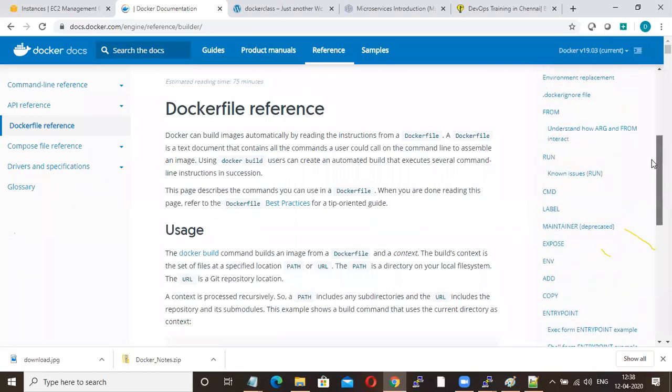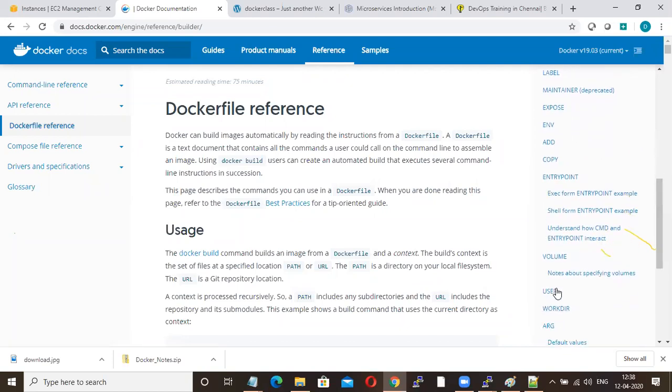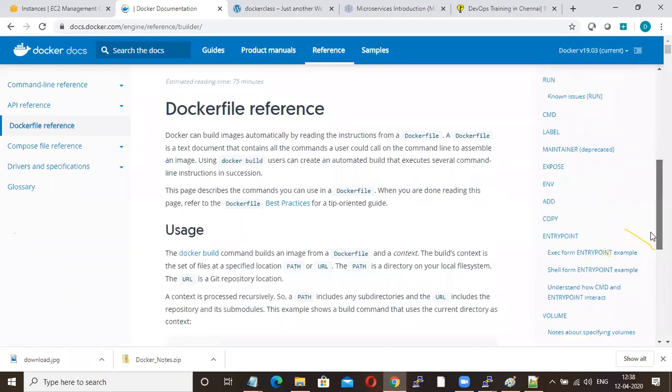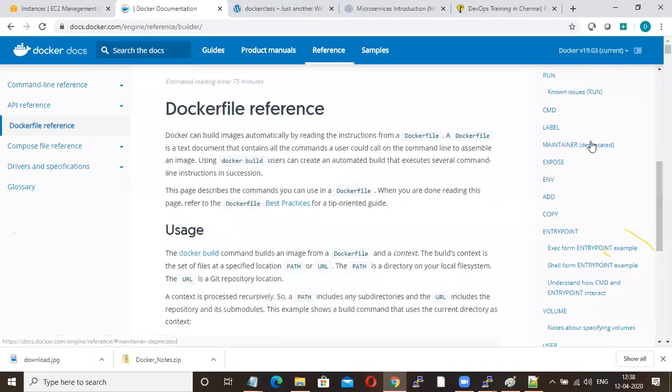Already I taught you FROM, RUN, CMD, EXPOSE, COPY, WORKDIR. All this I taught you, right? So now your task is the most asked interview question. What is the difference between CMD and ENTRYPOINT? Entrypoint and CMD. Okay, very simple.